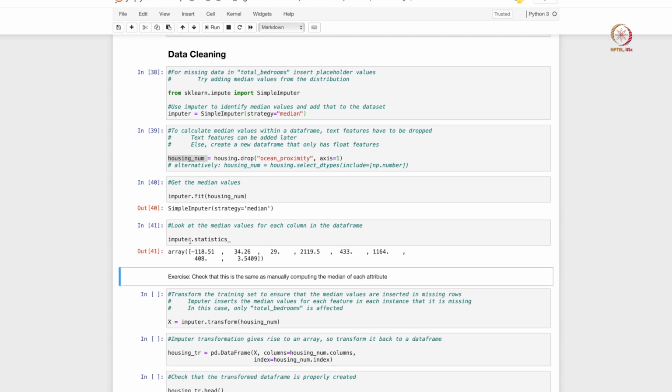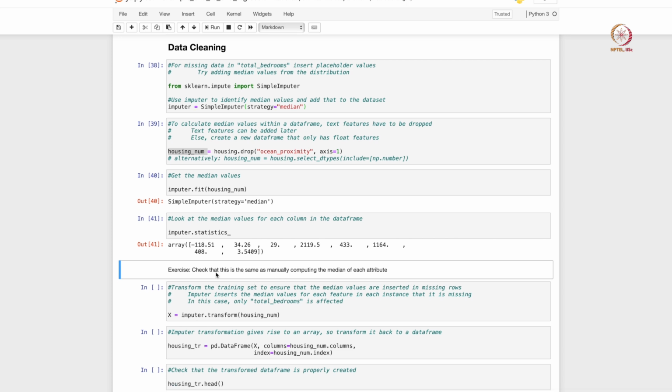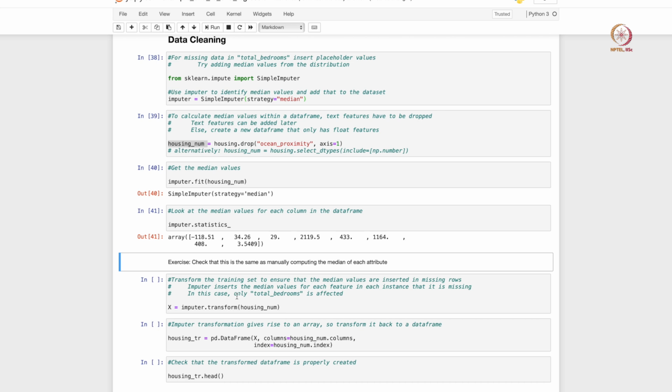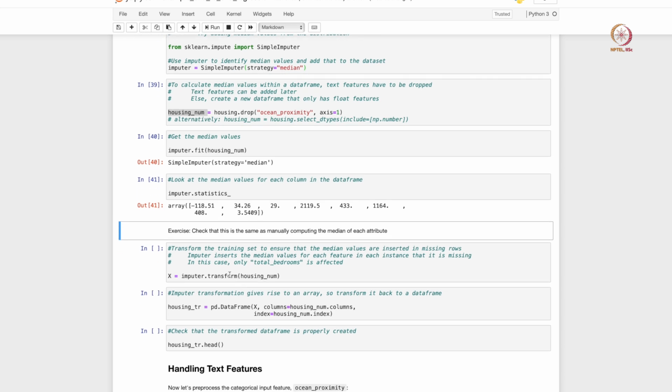And we can also get the statistics. So statistics basically gives us the median values for each of the columns that we have considered, right. And we can also check whether these statistics are the same as what pandas calculated within its inbuilt functions like the describe function, right. So once we have the imputer defined, we can use this imputer.transform function. So what this transform function does is that for all the numerical features that it has identified, right, for whatever rows, so for whatever instances that numerical feature is missing, it is going to add in the imputed value, the median value, right.